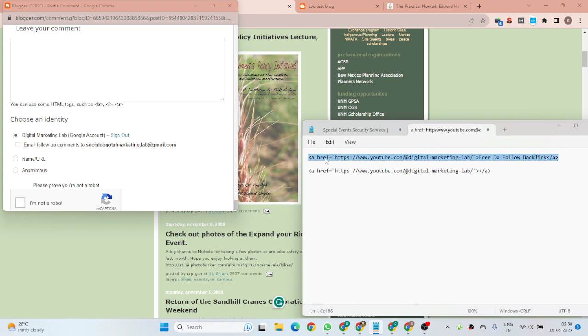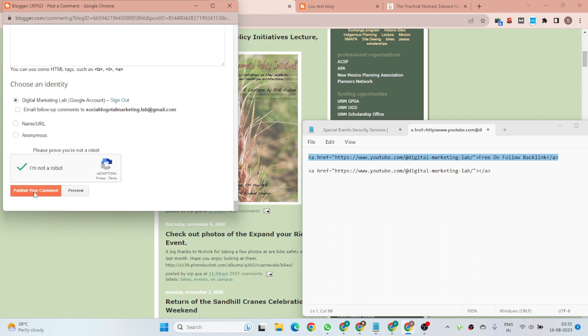You have to create these tags, the HTML link tag, then paste it over there, and then you can verify that you are not a robot, then you can publish your comment.